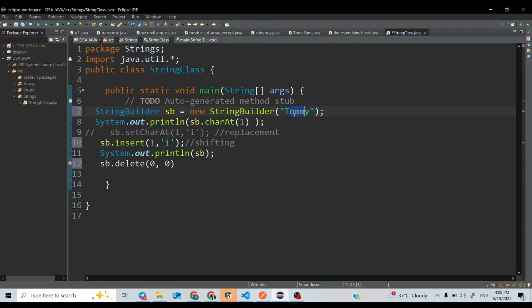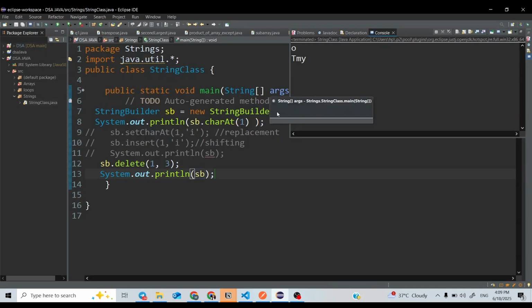So I will write 1 here and 3 here. So I want to delete the characters starting from first index and ending at third index. After deleting, I will print sb and run this.